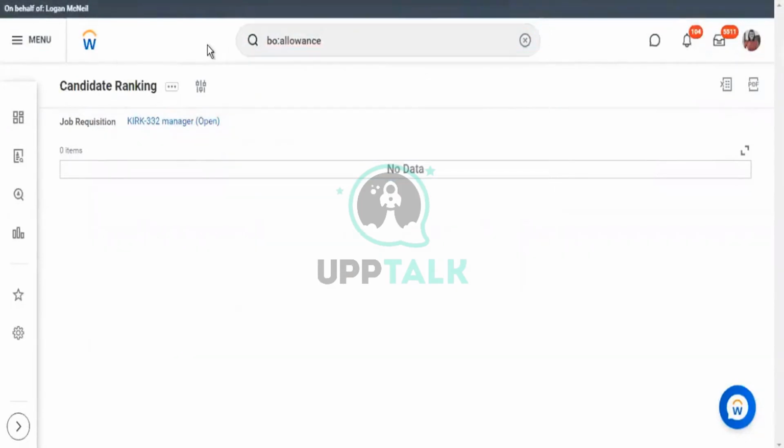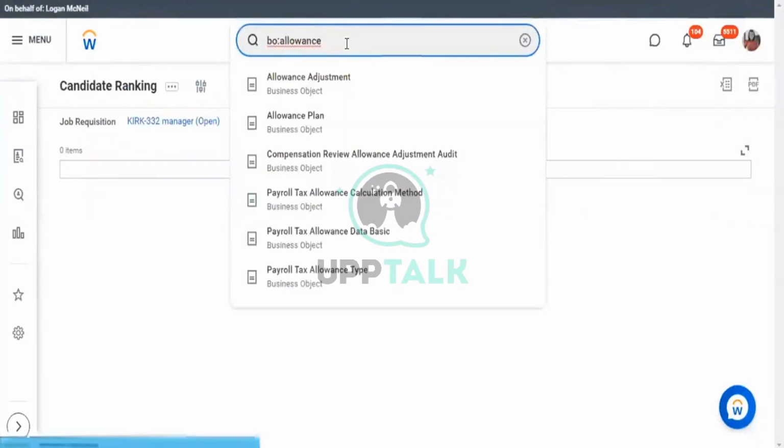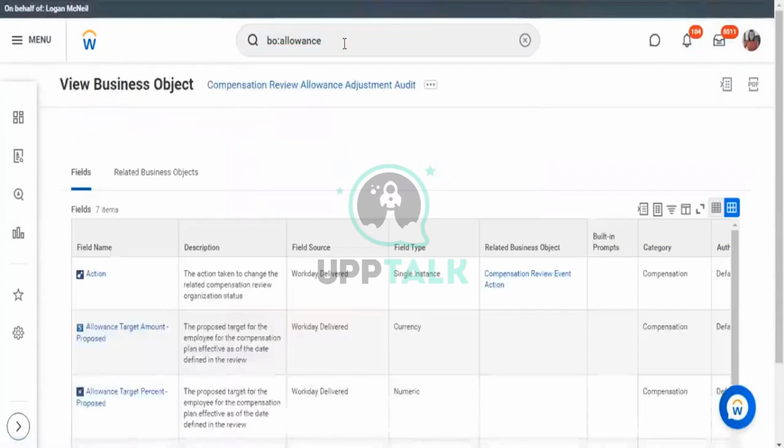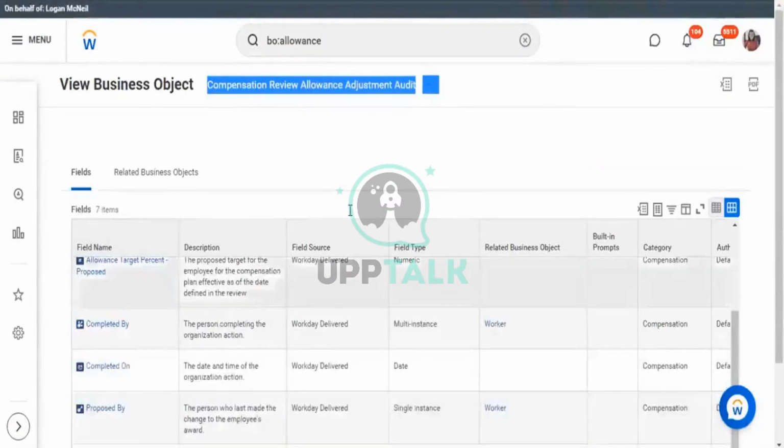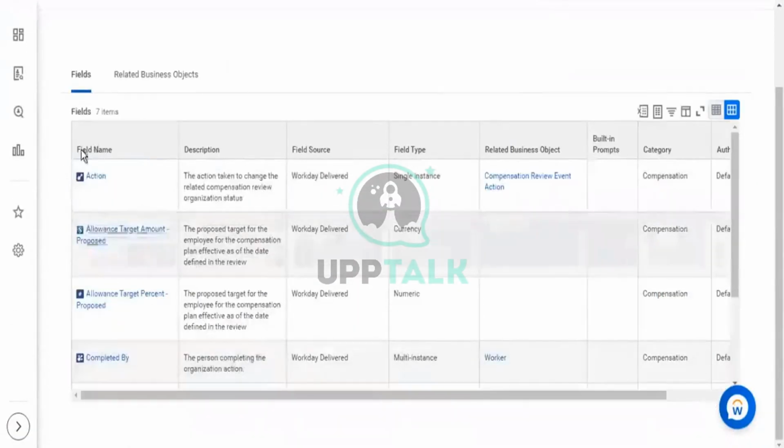This is this business object. I wanted to pick a different one. Any which ways, this business object has 7 attributes in Workday. These attributes are represented as fields. And these are the fields that we use for Workday reporting,